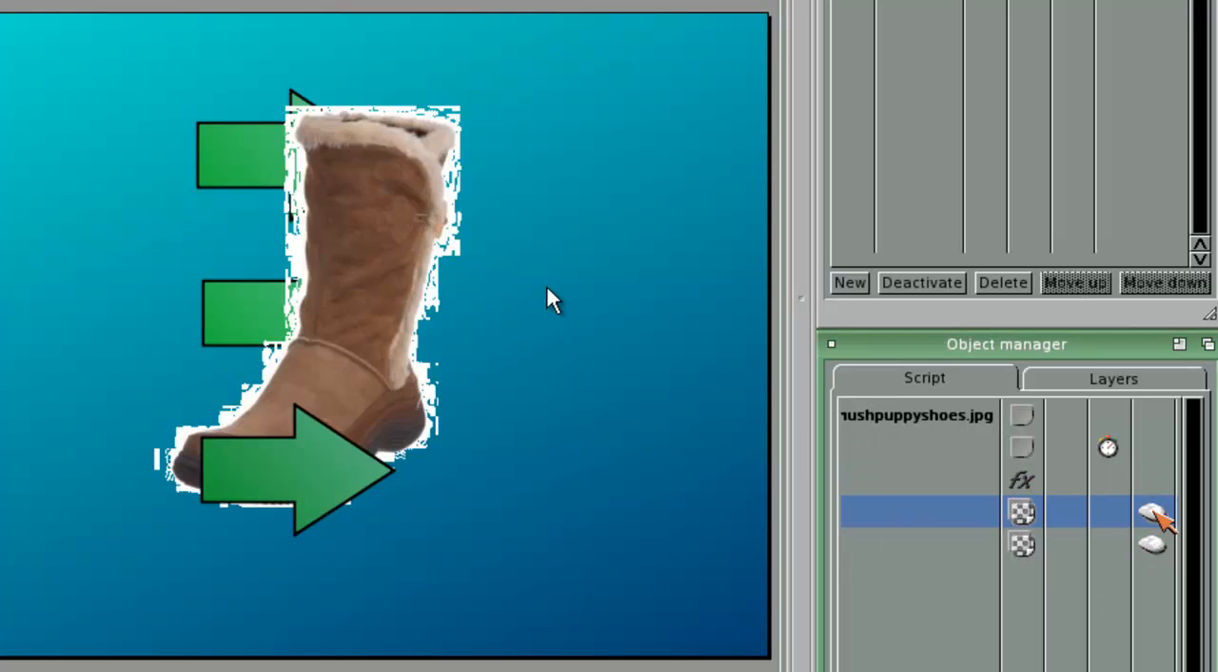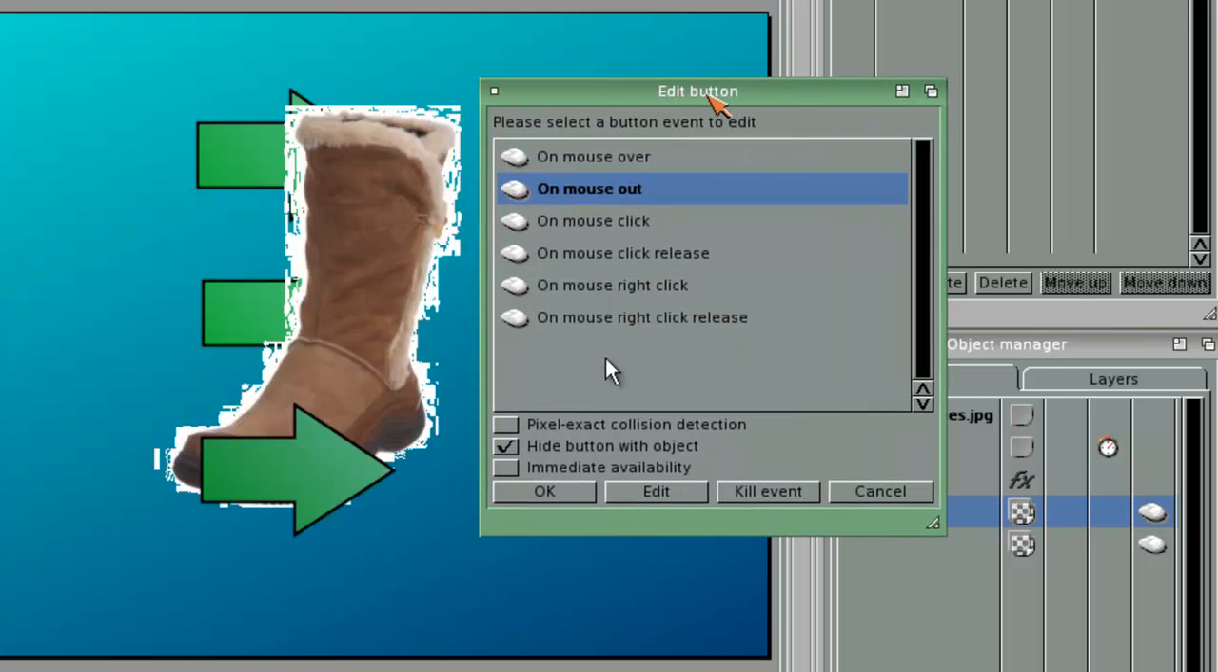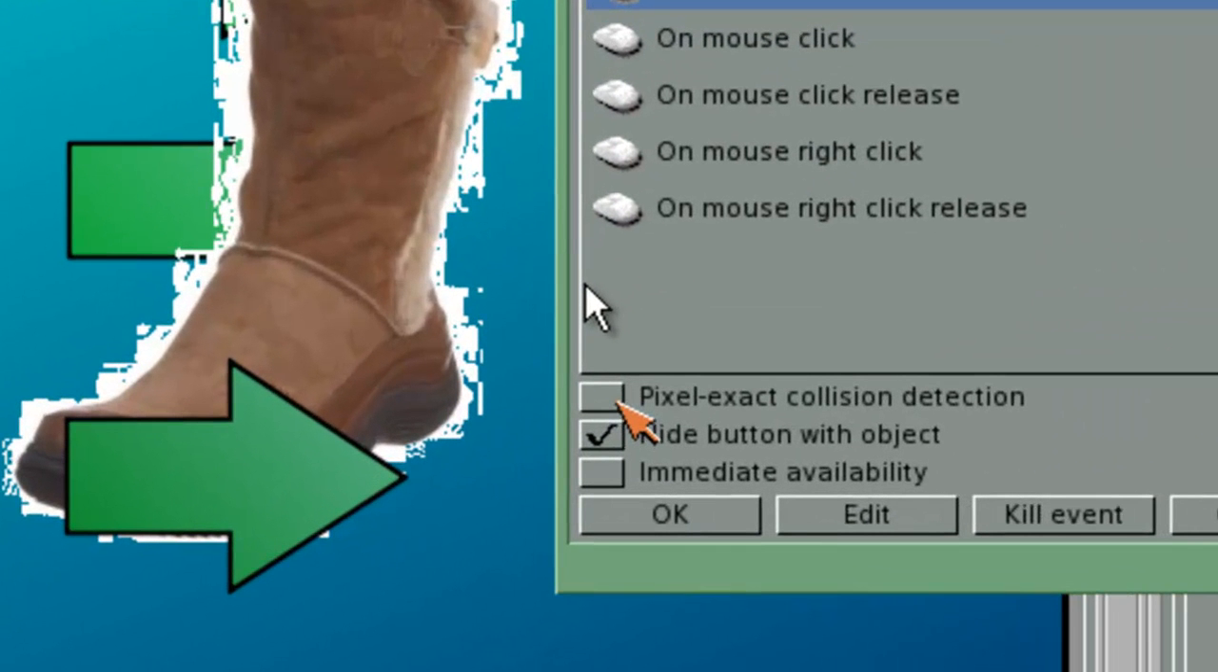Now I want to do one more thing. I'm going to add another effect. Also notice you can also use pixel exact collision detection, because if you were looking at the example I was showing, it was actually doing it in a rectangular area instead of exact. So now